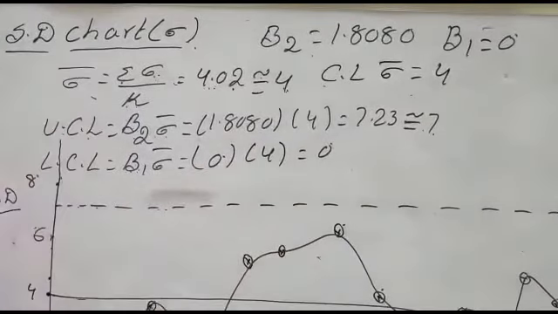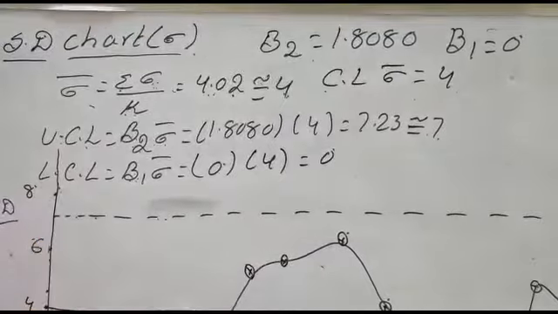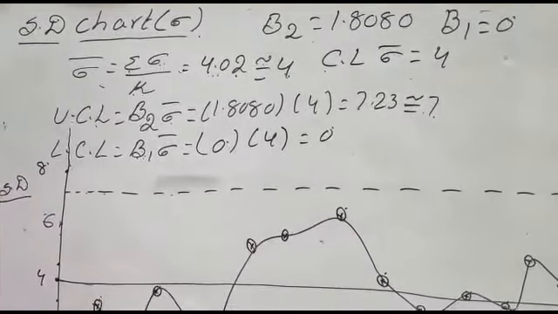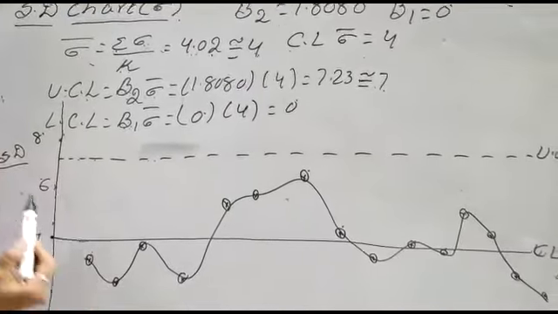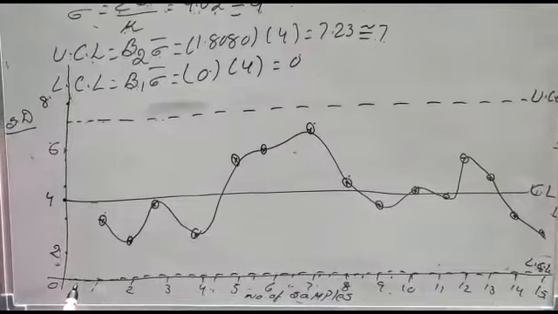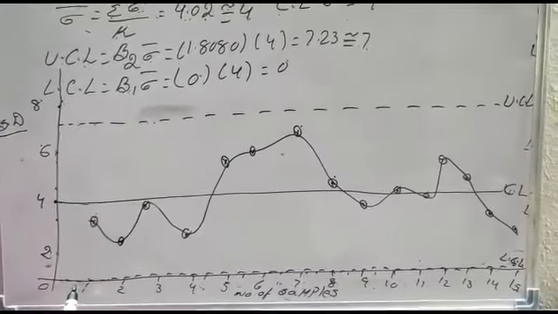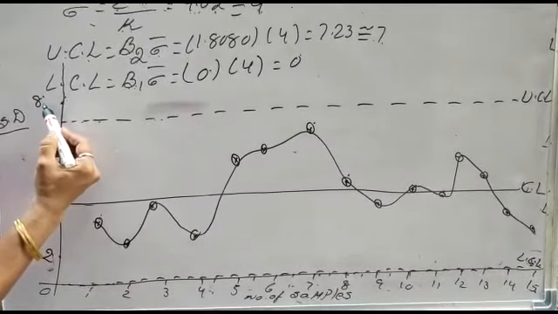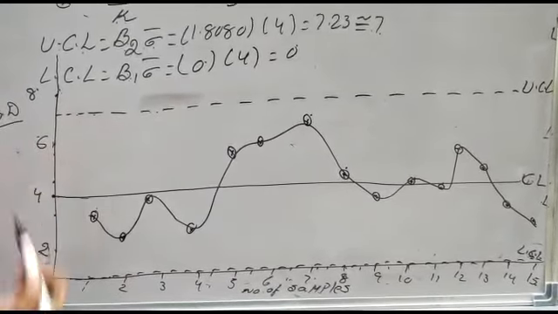Now, first of all, I construct the control limits for the standard deviation chart. Therefore, I take an x-axis and a y-axis. On the x-axis, I take the number of samples, and on the y-axis, the standard deviation values. Here, the number of samples is 15, therefore I take a 1 centimeter length. On the y-axis, I take 2 centimeters per step: 2, 4, 6, 8, like this.